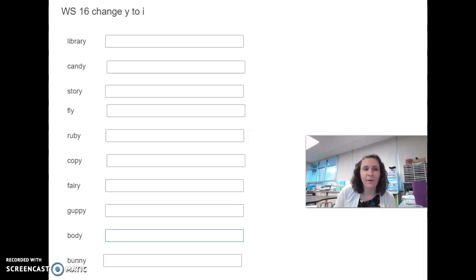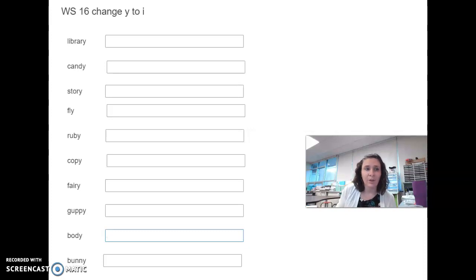We also talked about how it's important to look at the letter in front of the Y. So if I have a Y at the end, but there's a vowel before the Y, then I don't change that Y to an I. The only time I change the Y to an I is if there's a consonant as the letter right in